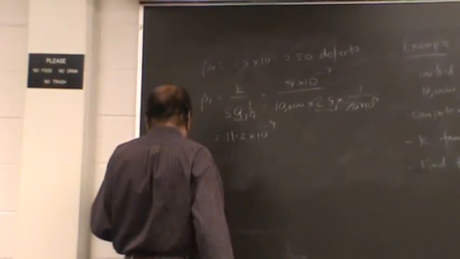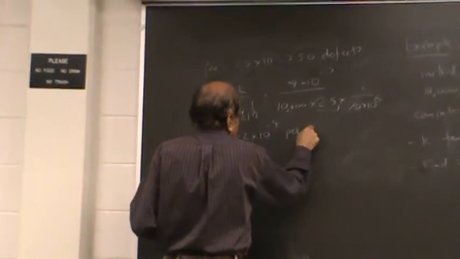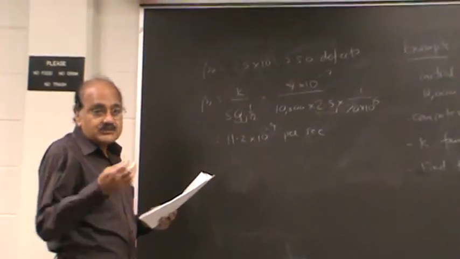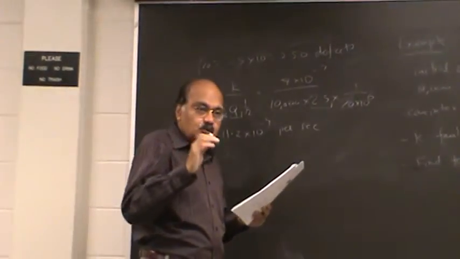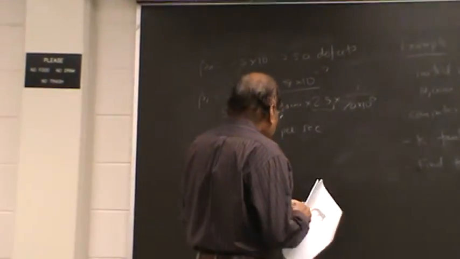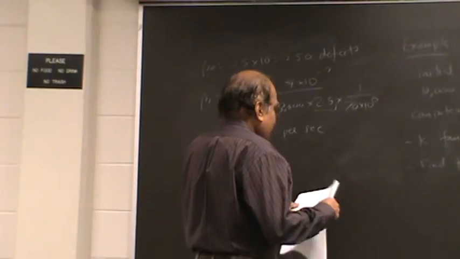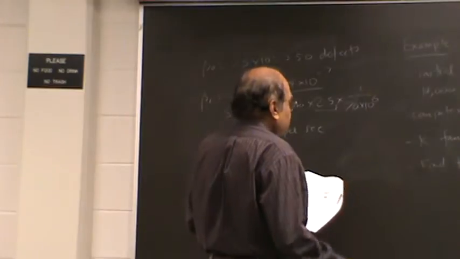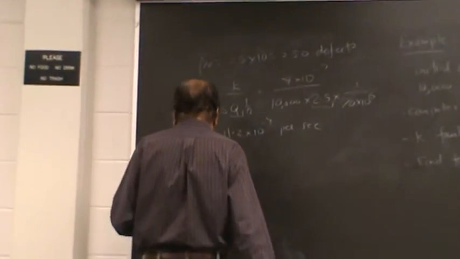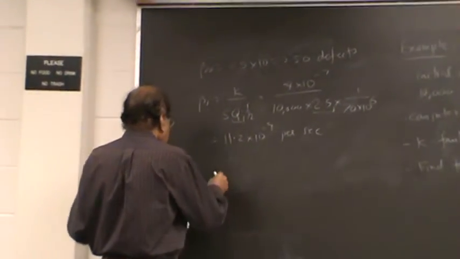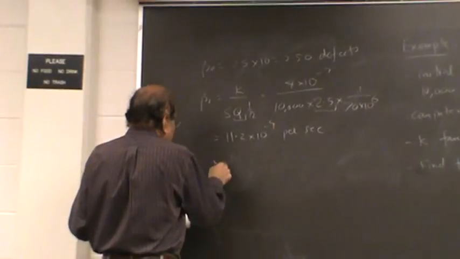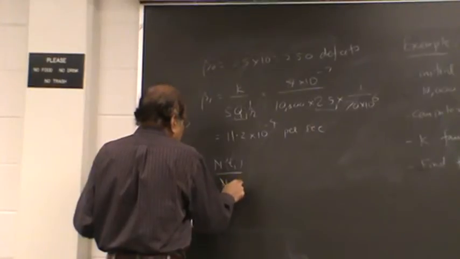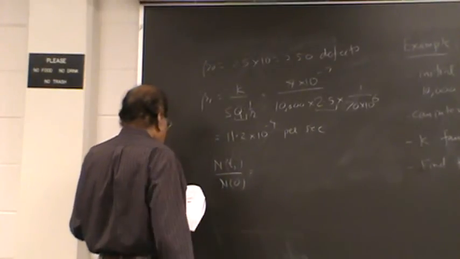And that comes out to be this per second. Remember, beta 1 you are going to multiply by time, so the unit of beta 1 is per unit time. So we got beta 0 and beta 1, and next is how much you should test to decrease the defect density. Basically what we are saying is that we want n at some time t1 divided by n at time 0 equal to